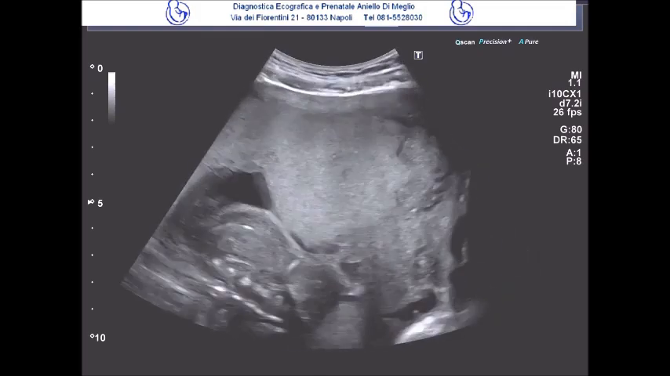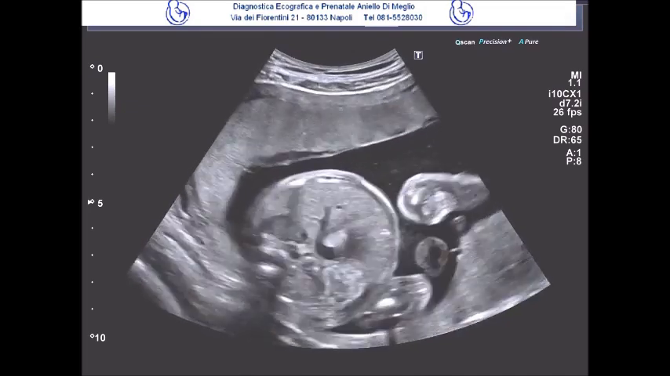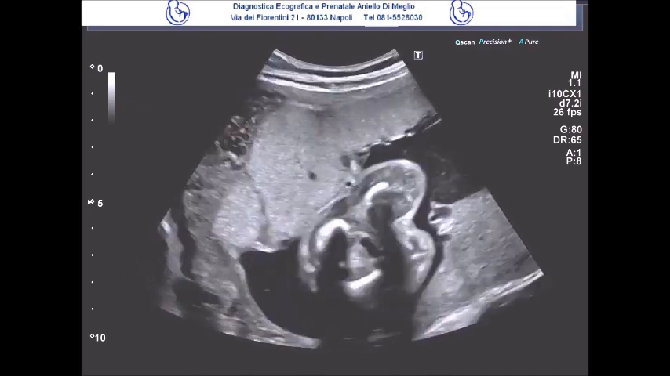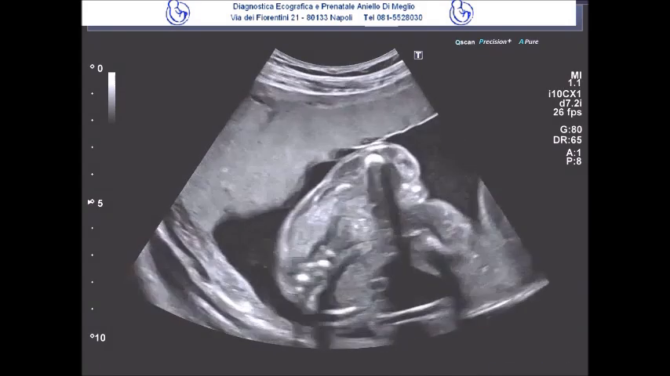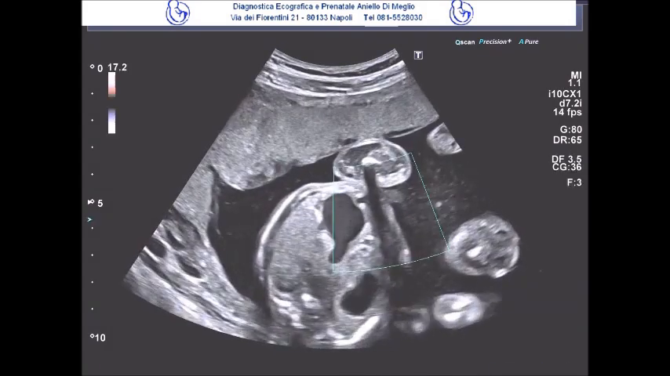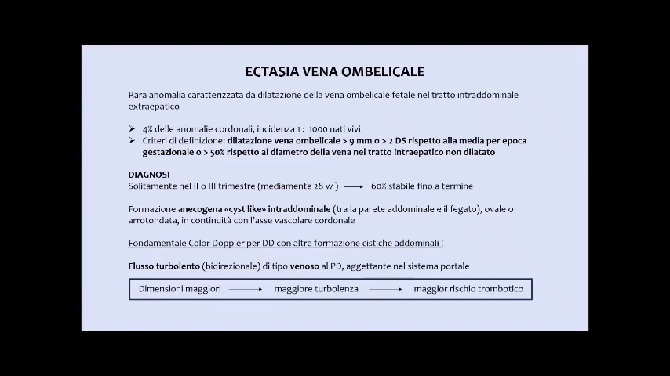Dear colleague, today I am presenting the case of a patient who came in at the 22nd week of pregnancy to undergo a second-level ultrasound after the detection of a rounded mass in the fetal abdomen, which appears to be continuous with the umbilical vessels and shows turbulent flow when color Doppler is applied. This is a case of umbilical vein varix,